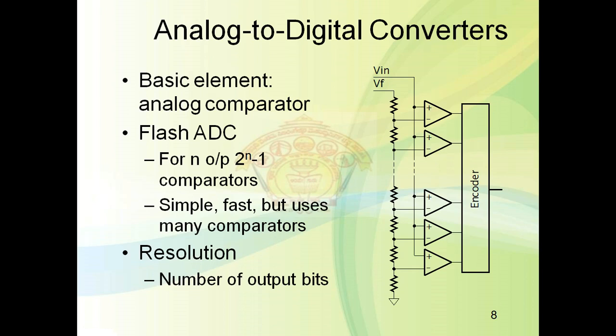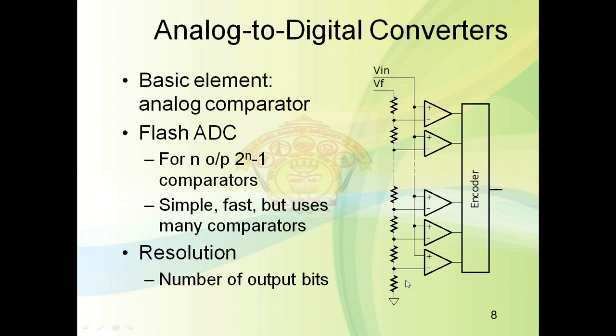Okay, so various types of converters are there. In this module we are going to discuss only two types of A to D converter. One is the simple flash ADC, and another is the successive approximation ADC. Okay, what is the flash ADC? Flash ADC is a simple form of ADC, and you can see its construction in this figure.